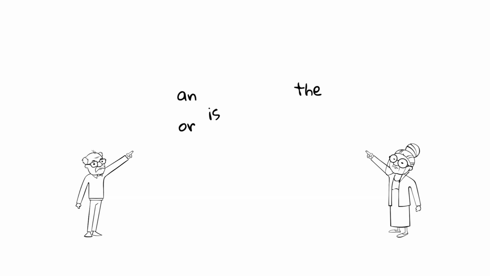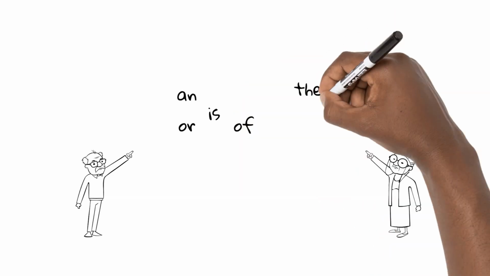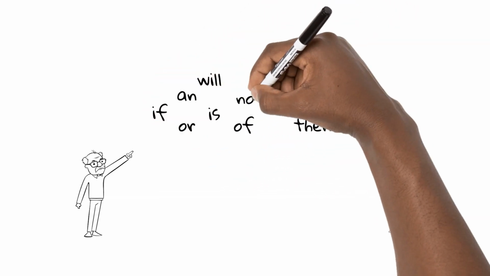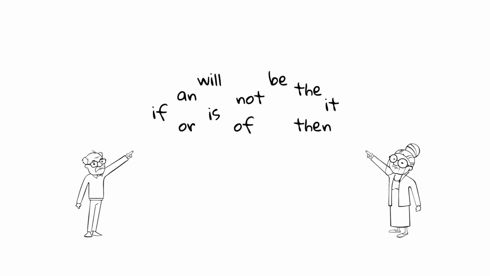The word is so interesting and complicated. You'll have to figure out what does it actually mean. There are different meanings of the word is. Similarly, of, it, if, then, will, be, not. Not is another extremely interesting word. Because what does the word not actually mean? How do you describe the meaning of the word not? So there are many such words.